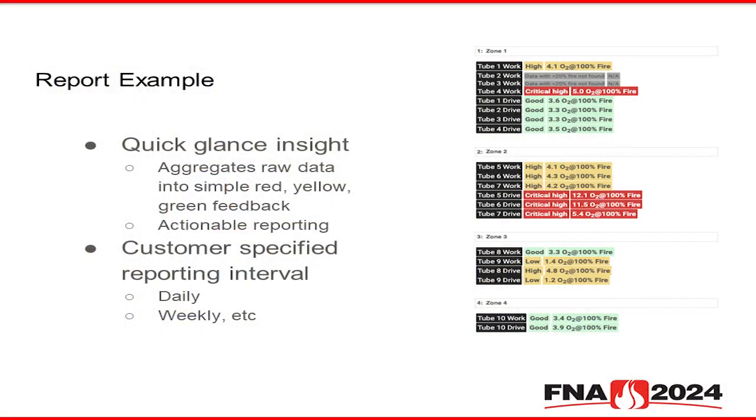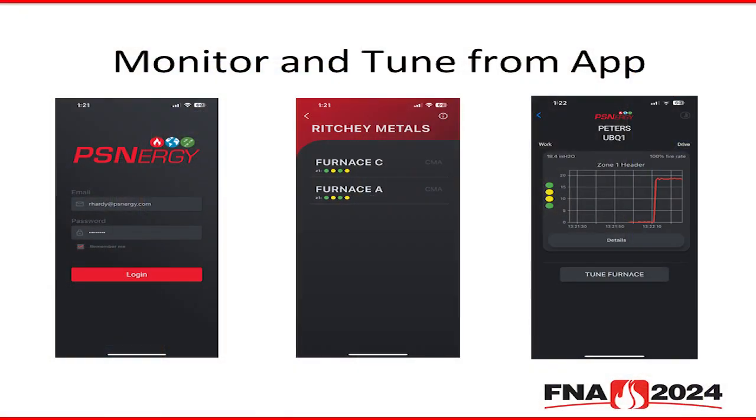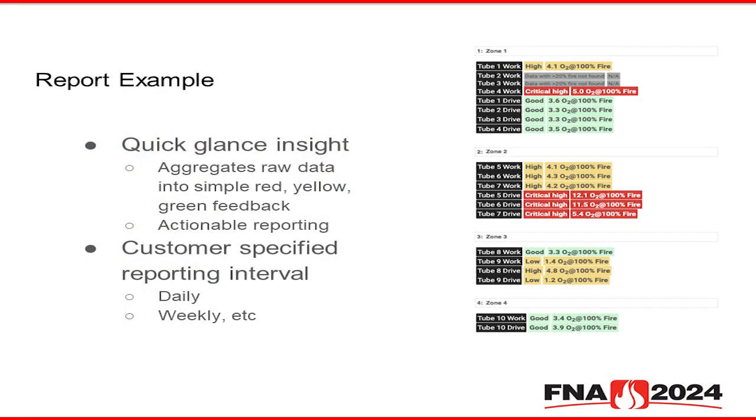And so what you could receive is a daily report, red, yellow, green, that would tell you that I've got a couple burners that are red. I better go do something with those now. So grab your Allen wrench or your screwdriver and your phone and tune the burner. If they're yellow, okay, I probably ought to start watching that one because it's starting to drift. As we discussed before, it's not going to fix itself. But that's one you can start looking at. And then the green ones mean that's fine.